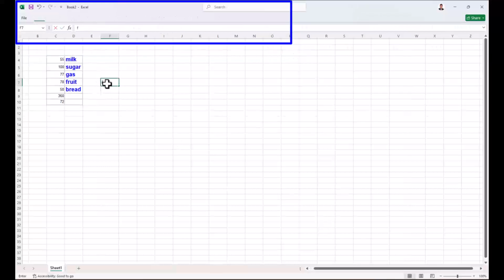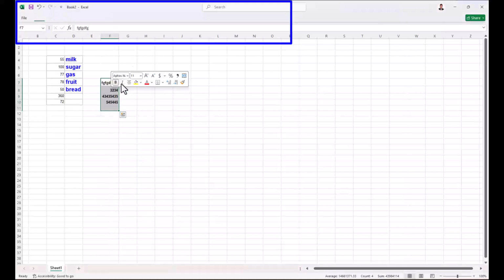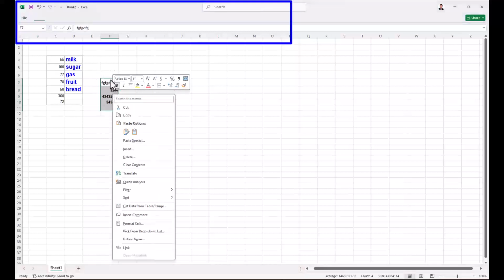When you are typing, it is typed. When you are writing numbers, it is written. Everything is here, and it shows that I am writing. And if you want to do something, for example, you can select them and right click. When you right click, you can access those tools that were in the ribbons. For example, make them bold, or work with some formula. So it shows that it is not so complex and complicated.